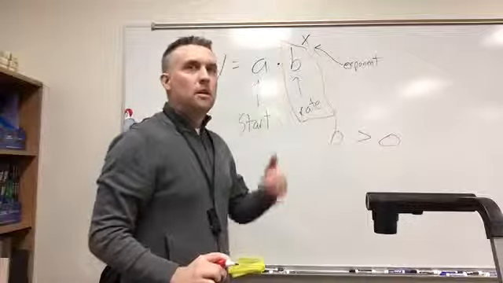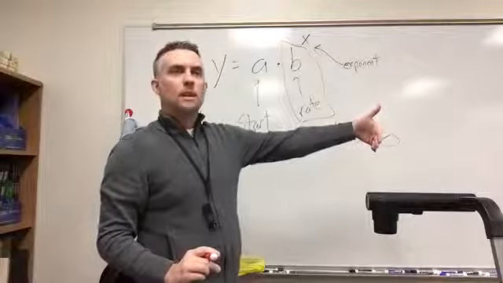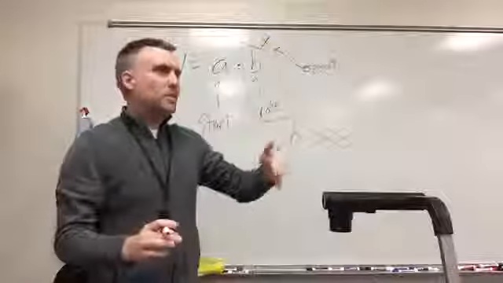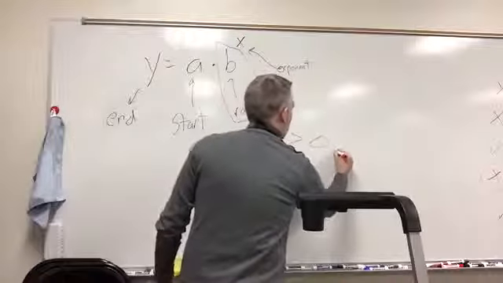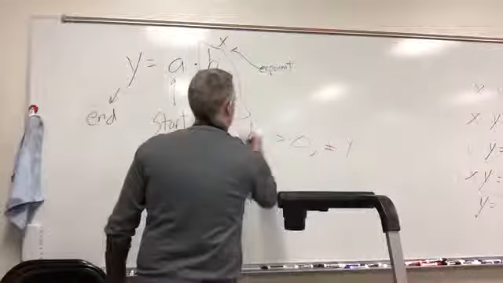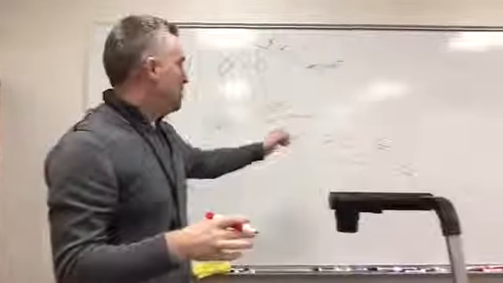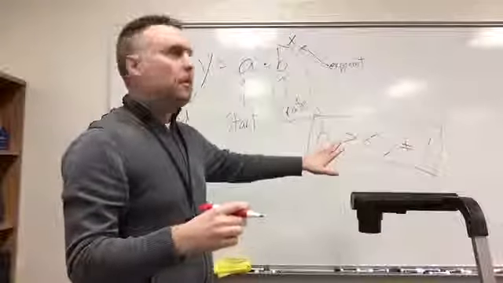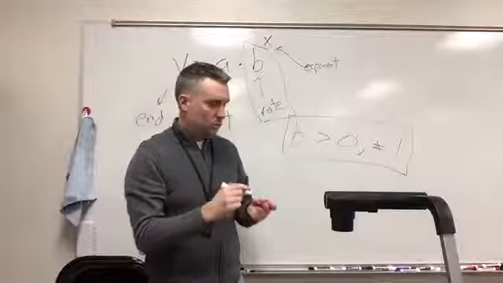We're cool there? So can it be every single number that is greater than 0? Everyone except who? 1. Because 1 makes no sense, right? 1 times 1 times 1 times 1 times 1 is just 1. That is not exponential. So it's got to be greater than 0, and it cannot equal 1. Every other number, we're good to go. If it's 1/2 or 1/3 or 1/7 or 1/9, no problem. If it's 2 or 3 or 7.6 or whatever, no problem. But it has to be any positive number that's not equal to 1 is what we're going to find out